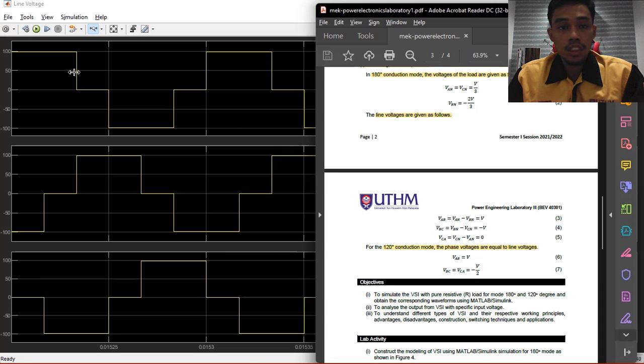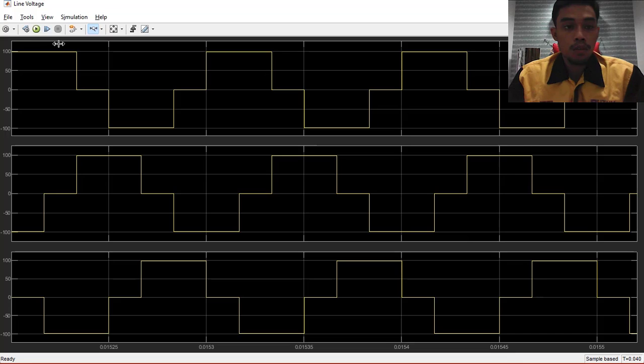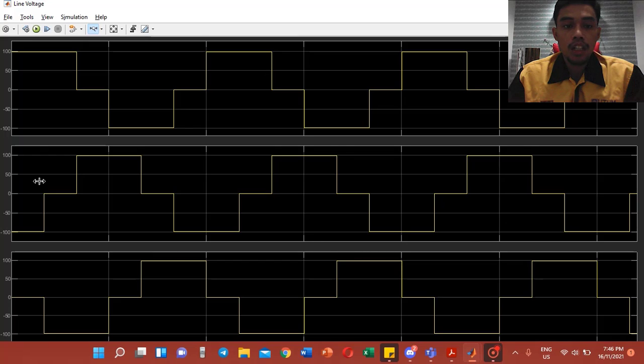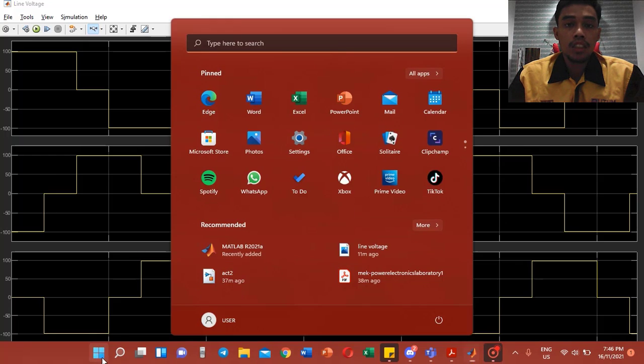As we can see here, this is VAB, VBC, and VCA. So theoretically we get a positive value for VAB, VBC will get a negative value, and VCA will get 0. So from the graph, we can read it the same as the previous two signals, which is 6 steps. For the first step, which is here, 100 is the positive value, negative 100 is the negative value, and 0. Therefore, it can be concluded that it matches the